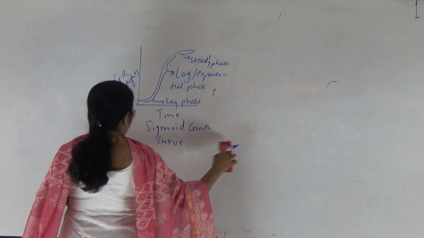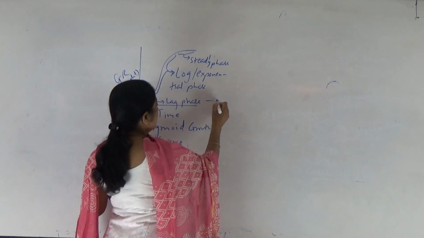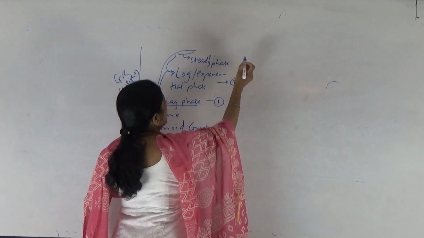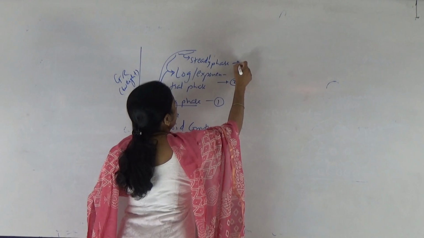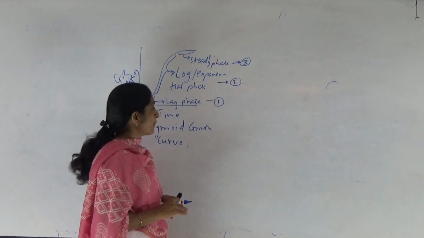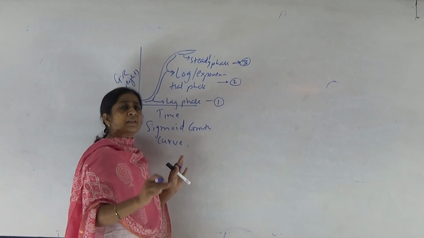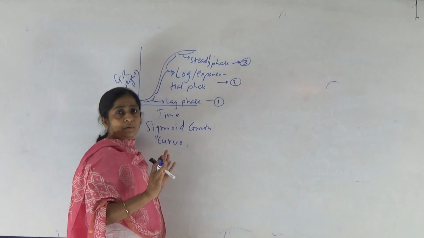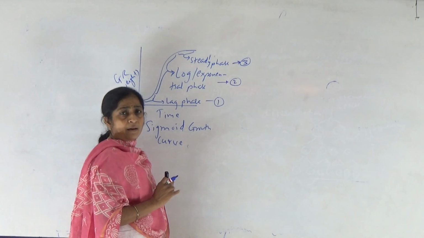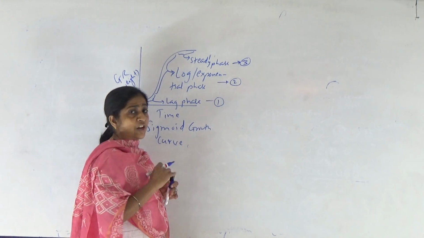Now, in last lecture we had seen this sigmoid growth curve, right? So there are three phases: phase number 1, lag phase; phase number 2, log or exponential phase; and phase number 3, that is steady or stationary phase. Okay. So this kind of growth is observed in most of living cells, organs, organisms. Very few are there which may show linear or J-shaped growth curve, right? Bacterial cell culture under ideal conditions definitely shows J-shaped growth curve.